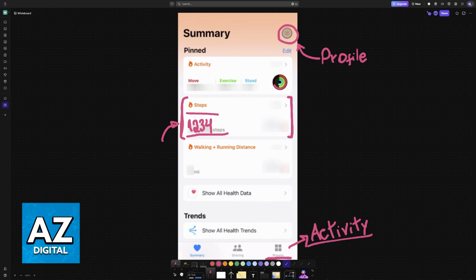If you don't see the steps here, you will find it under activities and you can give a star to the steps counter under your activity. This way it will always be displayed on the Health application. And it is going to be quite accurate. You can use other applications to transfer this data, for example Nike Run Club, Strava, or devices like an Apple Watch into the Health app to get a more comprehensive view of your activity.